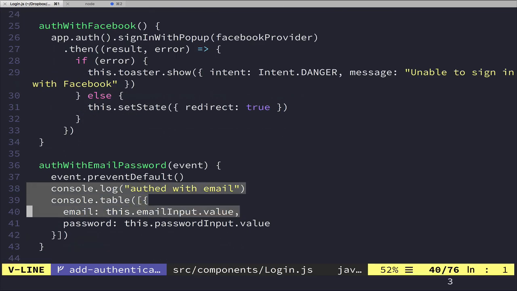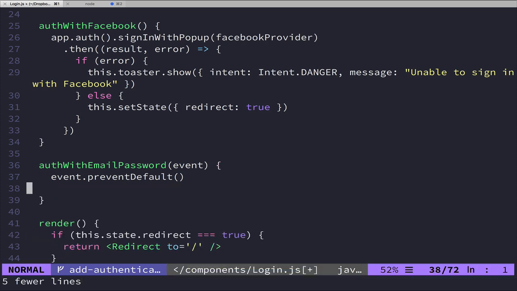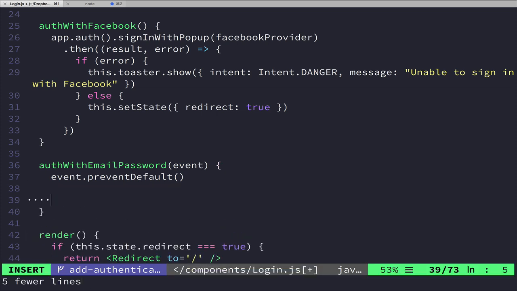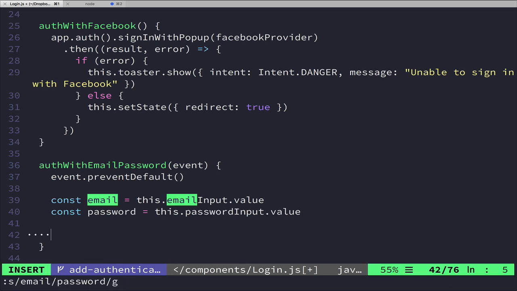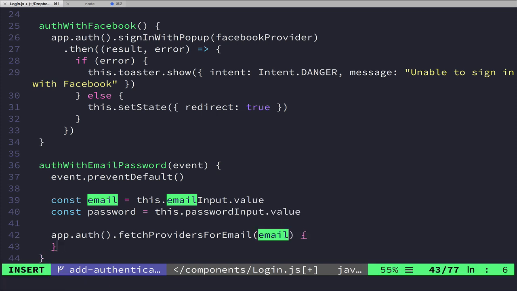So we need to keep the event prevent default. That's not going to go away. And then what we want to do is get the email off of this.email input .value, and then we need to get the password also. But for us to do what we want to do, we actually need to make a couple different requests. So we need to use auth again to fetch providers for email. And what this does is it lets us take an email address and go and find anybody who has